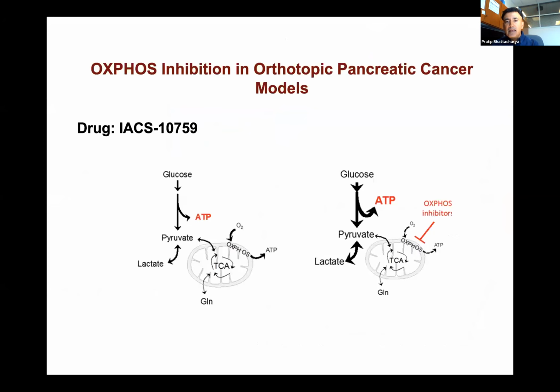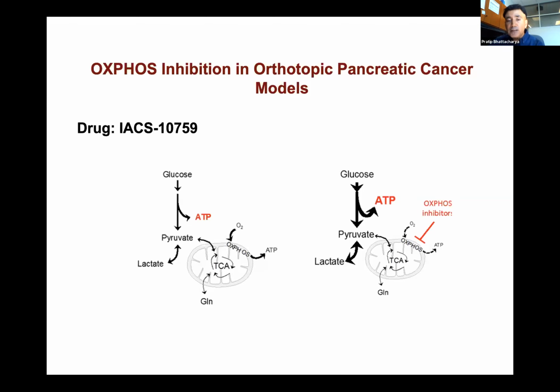Next slide, please. I want to give another example from in-house. This is unpublished data, and the drug is much more interesting. Here at MD Anderson we have an in-house medicinal research department called IACS. They have developed a drug called IACS 10759, and that itself is a whole other talk. But what I want to tell you is that this drug essentially blocks the OXPHOS pathway in the